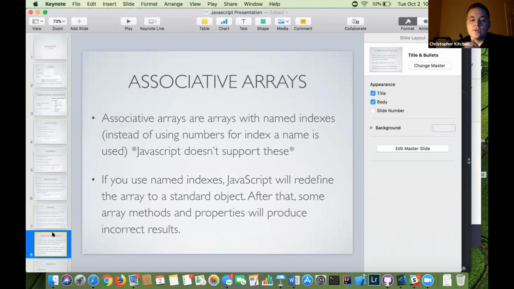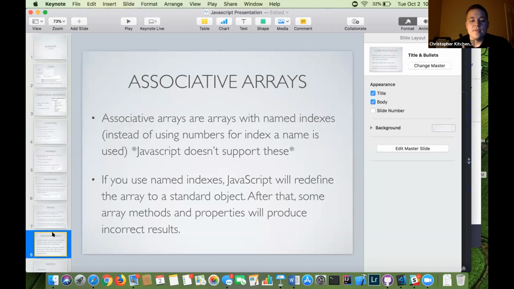An associative array technically doesn't exist in JavaScript, because if you have an array, you reference the data in it by index. When we think about an associative array, we're generally thinking, okay, we have a name of some value that we're trying to access, and that's how we reference it. In JavaScript, there's a workaround for that, which I'm going to show, but it's not technically an associative array. Technically, they don't support those, so it's kind of weird.